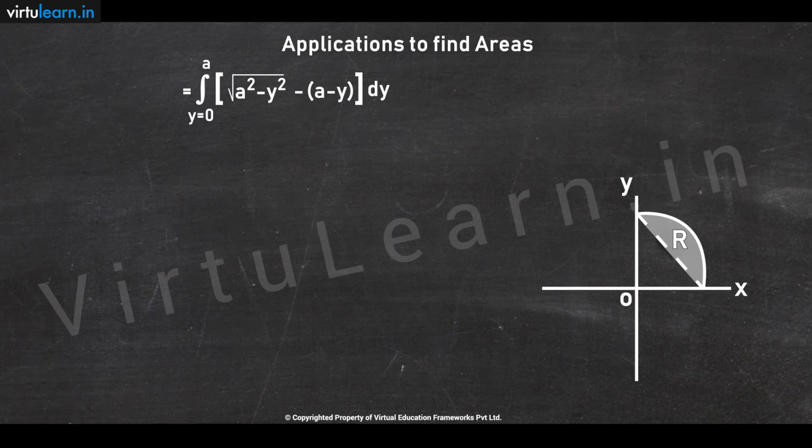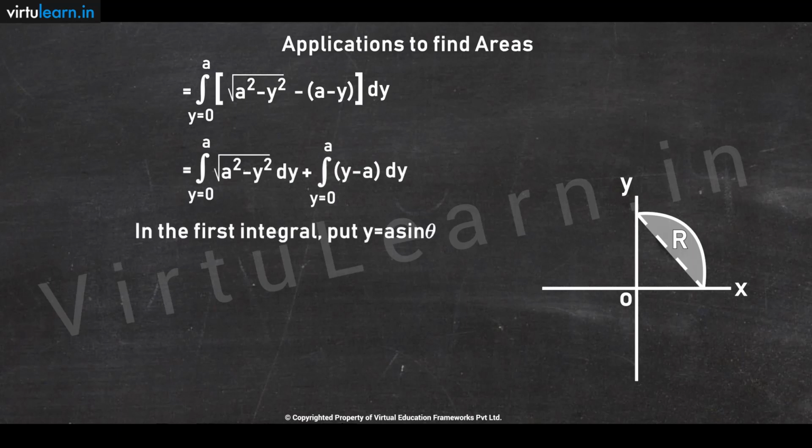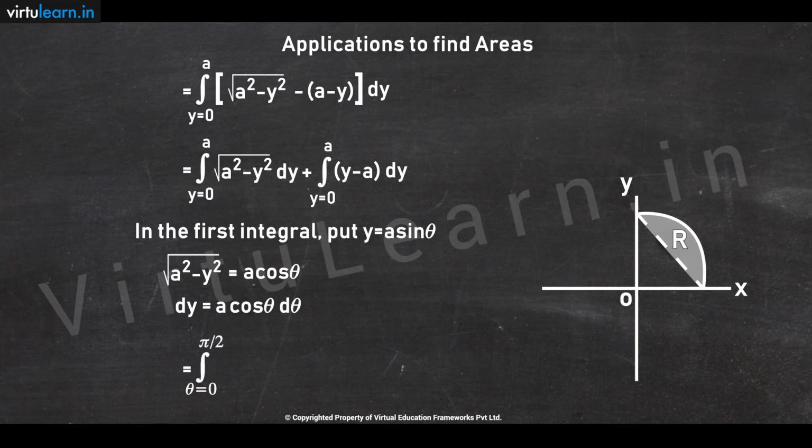So, using the substitution y is equal to a sin theta in the first integral, root a square minus y square is equal to a cos theta, dy is equal to a cos theta d theta. Then the portion of the circle lies in the first quadrant only, so theta changes from 0 to pi by 2. So now the integral takes the form integral theta is equal to 0 to pi by 2 a